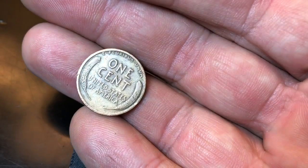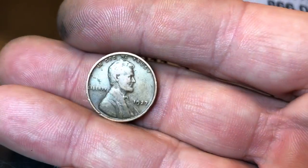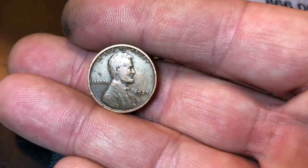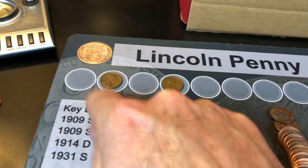Pretty worn. Got some detail on the left wheat ears, but other than that, it's not that bad a shape. Pretty common though. Almost 150 million of these minted, like 144 million minted. Nice if it had a mint mark on it, but we'll take it. It's a 20s Wheatie in the box. Let's see if we can find some more since we've only found 2, although we'll take more of the early